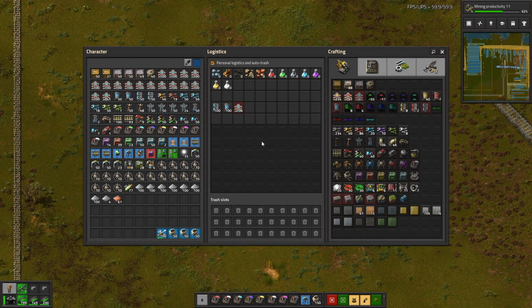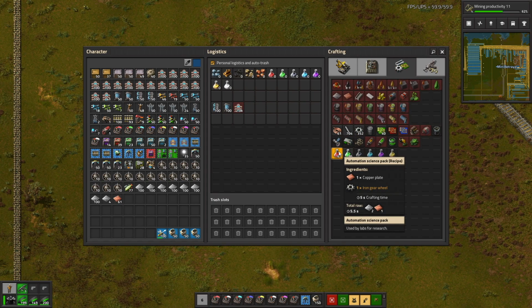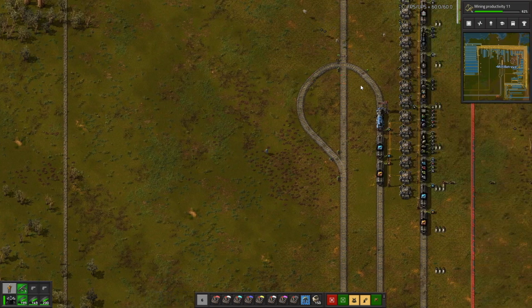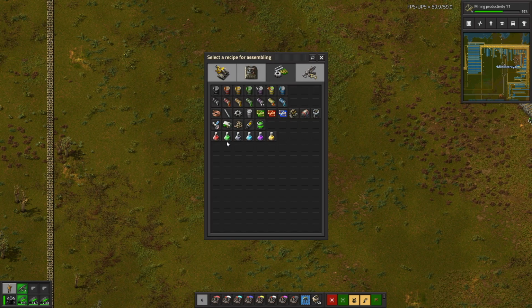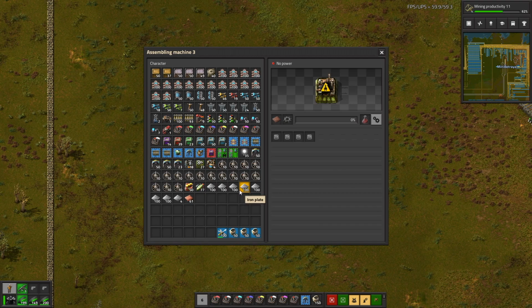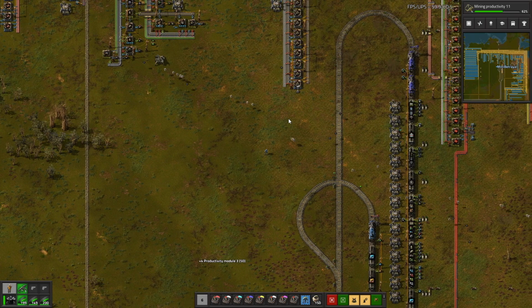Okay, so if we open up this guy, we can see that ordinarily that would mean we would need 1,000 copper plates per minute and 1,000 gears per minute. But that does not take into account productivity modules. Let me just pinch some of these quickly. Right. If I throw down one of these, which is the machine in which we can make red science, you can see that this actually gives it, well, if I find somewhere with some power,